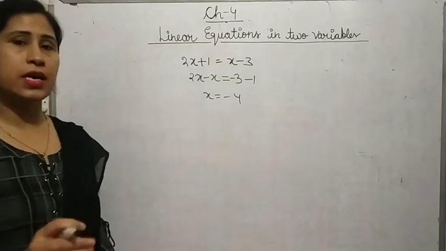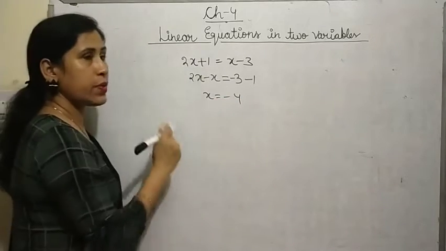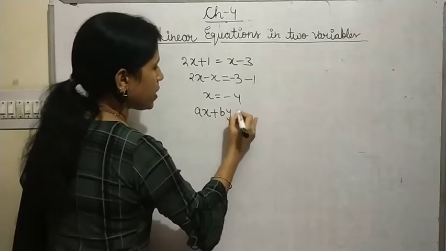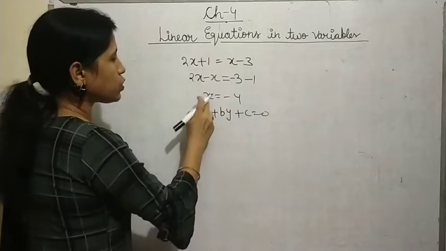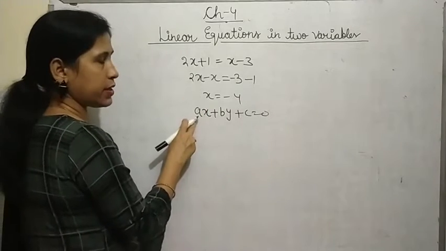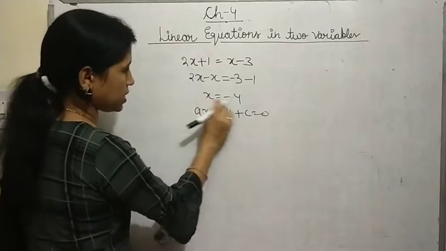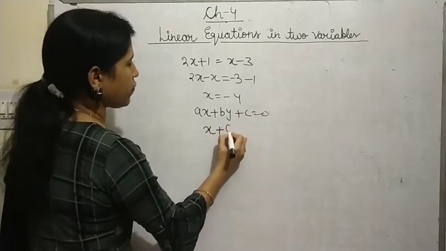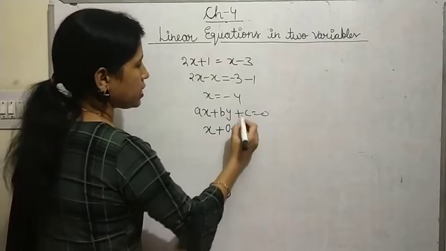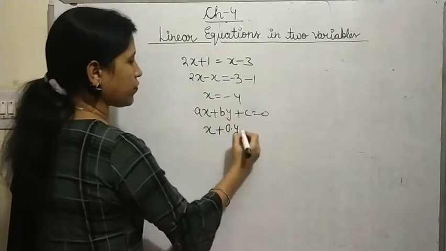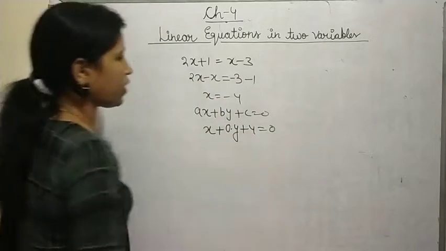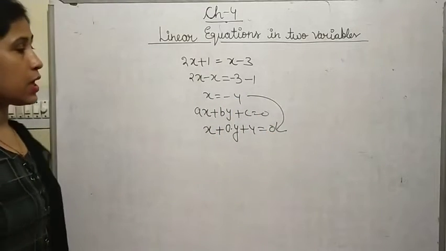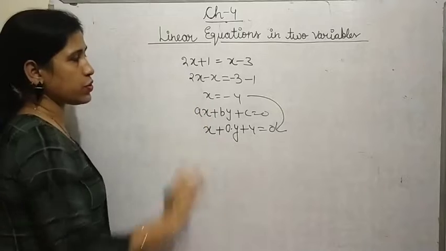What is the ideal form of that linear equation? It should be ax plus by plus c is equals to 0, correct? So here x is at the place of a1, so I am going to convert this into this form. I do not have the x plus y form, so I transfer this to the other side, or shift it here, so plus 4. This type of form will come when you convert into this form. Correct. Now here we can easily see x is equals to minus 4.